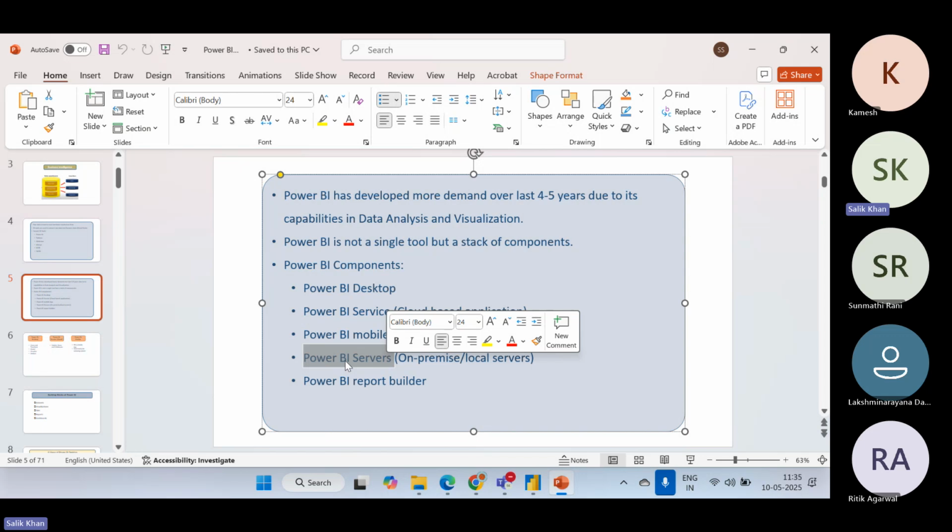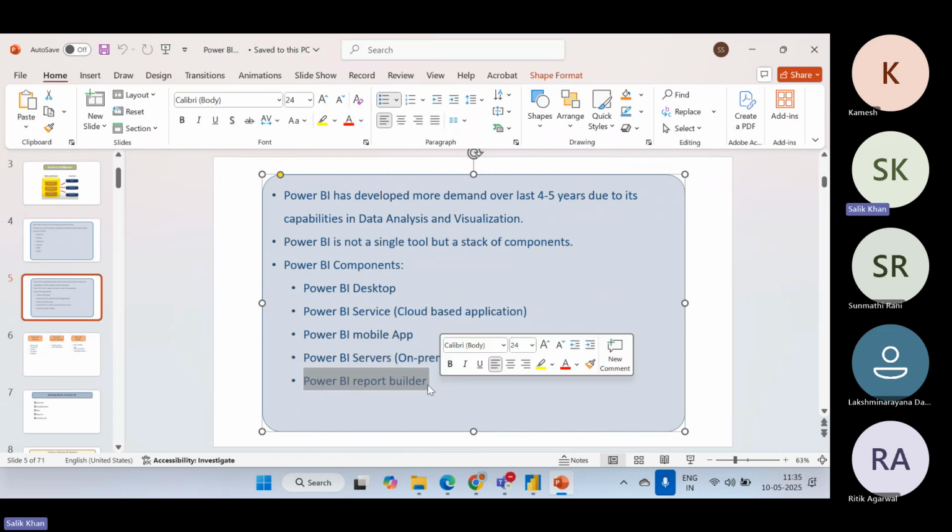Then finally, we have the Power BI Report Builder. Okay, so this tool is used for creating paginated reports, which are print-ready and highly formatted, often used for operational reporting. It's similar in purpose to SSRS, SQL Server Reporting Services, and is ideal when the layout